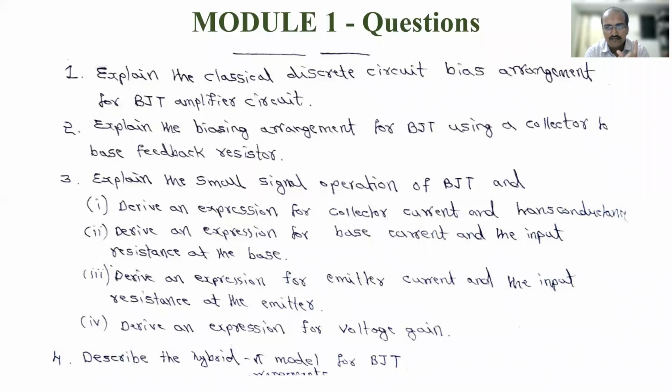So what we discussed here is 4 topics. So what are those 4 topics? I will quickly revise or summarize. First thing, we started with the 2 biasing circuits for BJT. So biasing in BJT amplifier circuits we started. BJT means bipolar junction transistor. It is a current control device. Then we took the small signal operation of the BJT. There we took many expressions: collector current, transconductance, base current, input resistance, emitter current, voltage gain derivation, all these things with problems also we have done. So that is the first part of module 1, or you can say unit 1.